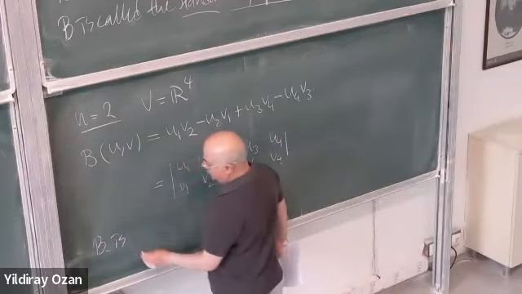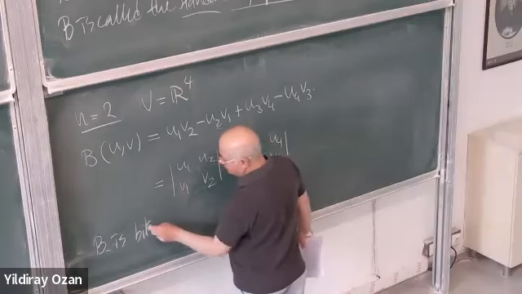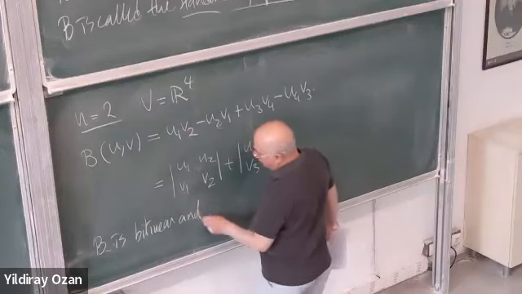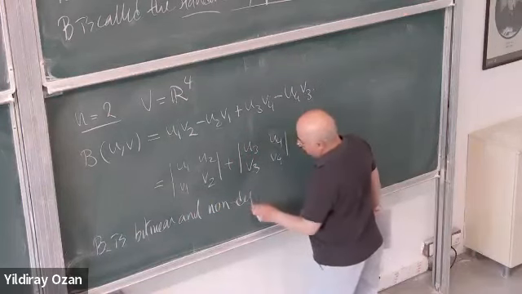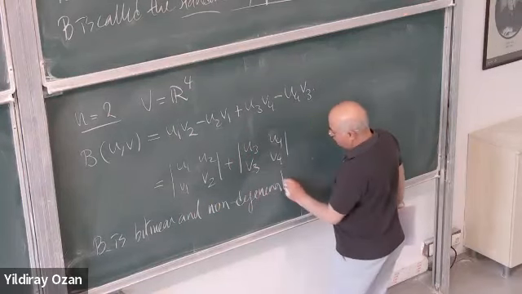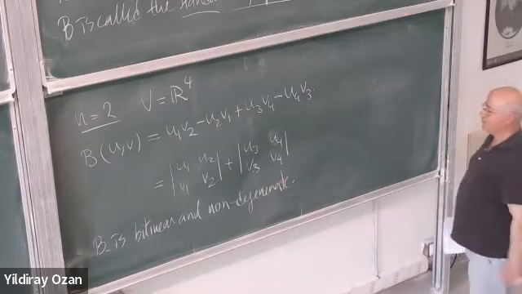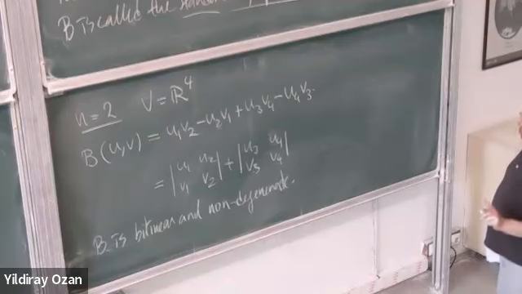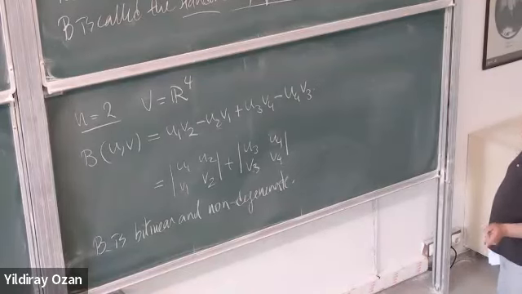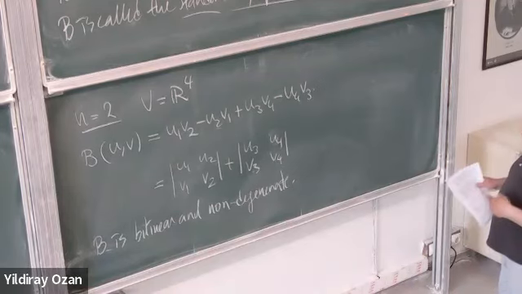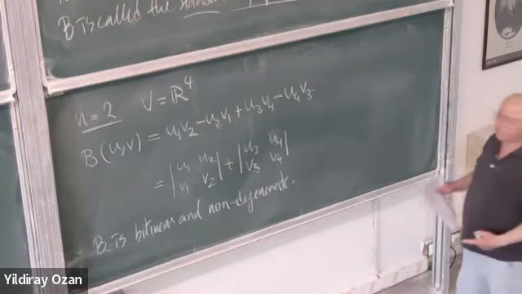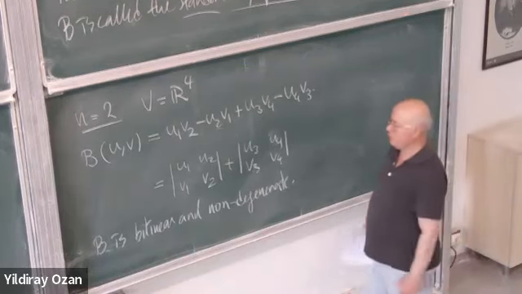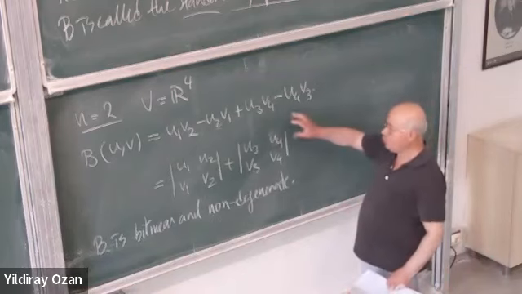B is bilinear and non-degenerate. Non-degenerate olmasını nasıl söyleriz? Yani herhangi bir U verildiğinde U vektörü sıfır değilse o zaman bir tane V bulurum. Öyle ki orada sıfır olmaz. Yani onu yapma şekli bariz. Bir tane U verildiği zaman